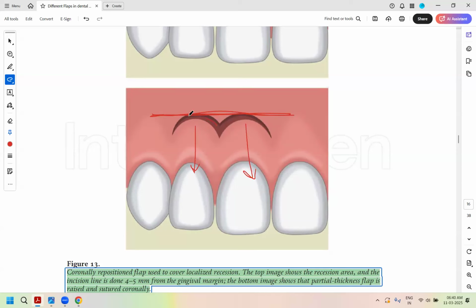So will you be exposing the bone here? Tell me. Underneath this darker area, do you think it's exposed bone? Or is this a partial thickness flap and connective tissue which will heal by epithelial migration? So this darker area is a partial thickness as well. Got your answer, everybody? This would be a coronally positioned flap with partial thickness raising, and then you put the pack here, and this heals by secondary healing, that area where the connective tissue was exposed. So Nandini, this would be a partial thickness exposure, right? You will not be exposing bone underneath here. Clear for everyone?